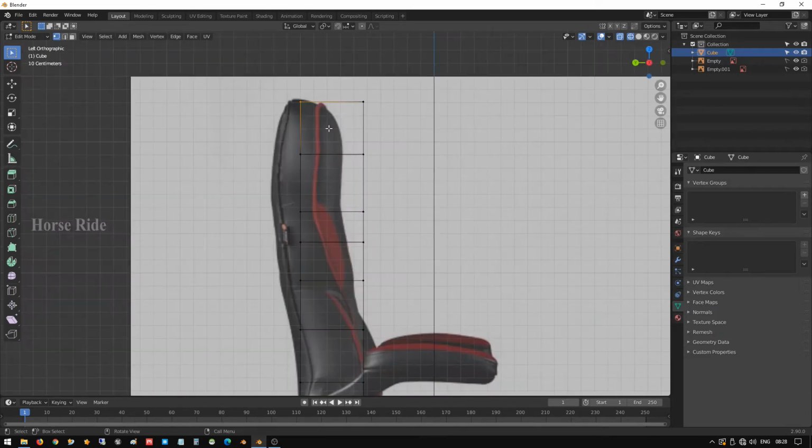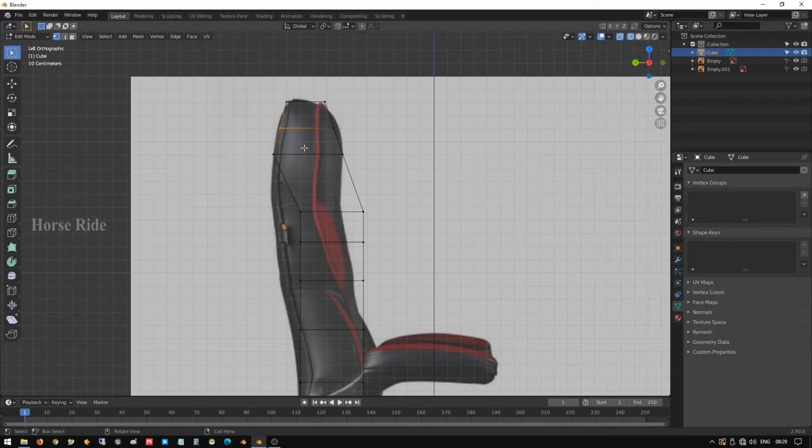Okay, now select these vertices and G Y to move this angle, and this one G Y, and here G Y. Select this, sorry, G Y. And here we can see it's not getting touched up correctly, so we are creating one more loop.